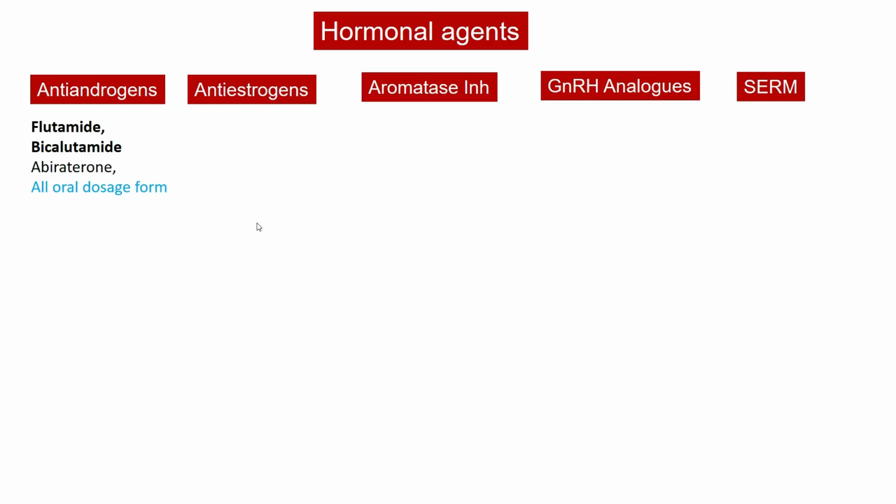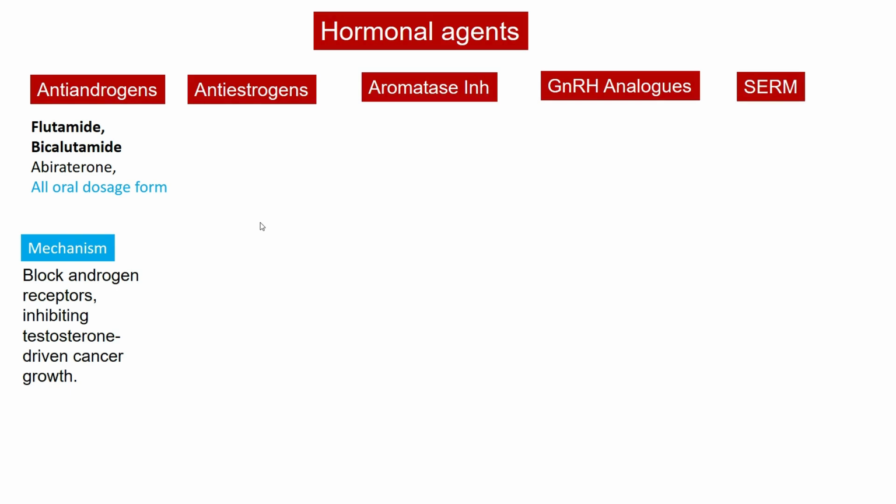Since they are related to androgenic effects, they block the androgen receptors and then inhibit testosterone driven cancers such as prostate cancer. And then the other important drug is the anti-estrogen, fulvestrant injection, and this drug selectively degrades the estrogen receptors. It binds to the intracellular estrogen receptors and degrades them slowly,